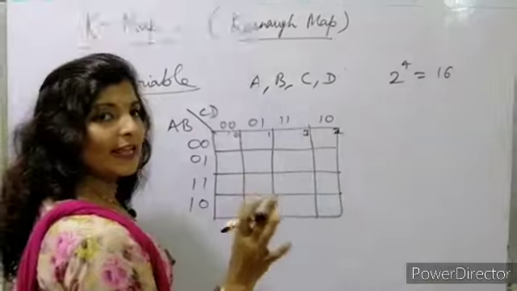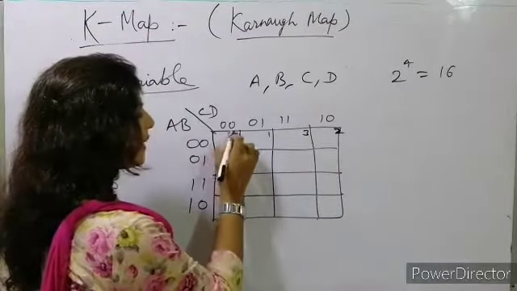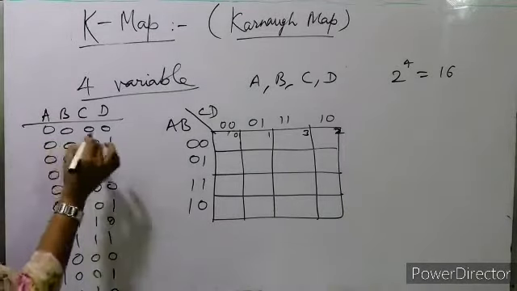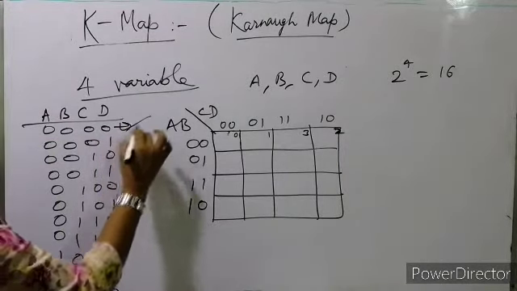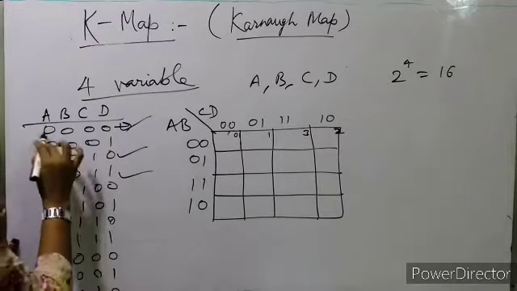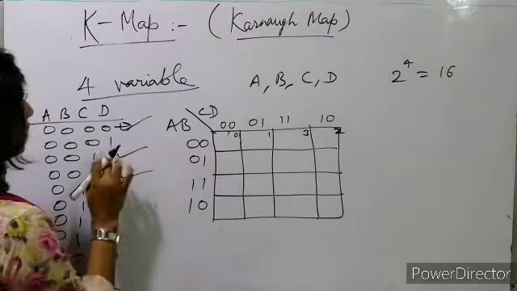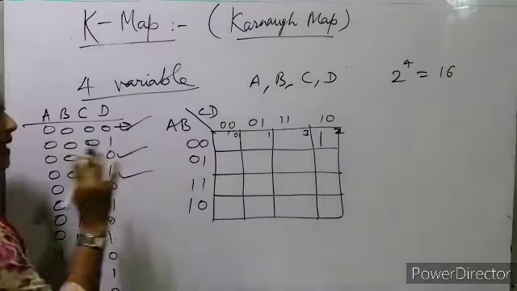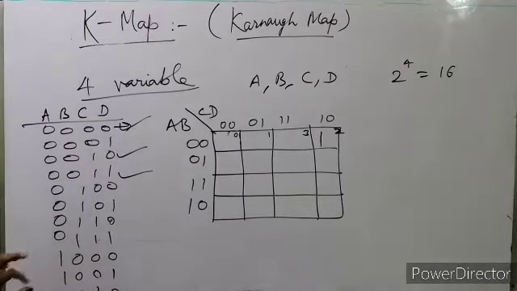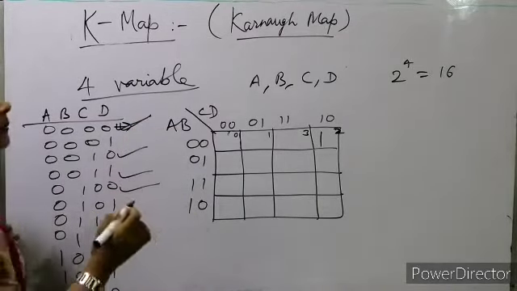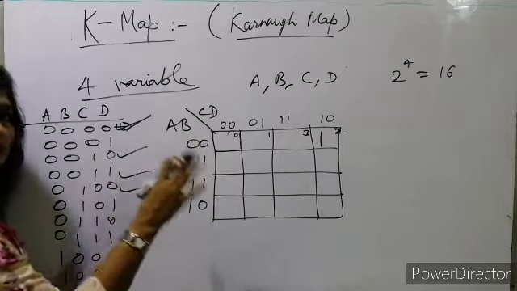We are writing in Gray code now, so I am writing this value to make you understand better. If we have this one, this one is there, this one is there, so we'll write 1 in these boxes. So 0 0 0 0 means 0, and this one is 2, so in the boxes for 2, if these minterms are there in the function, then we have to write 1 in the square boxes.